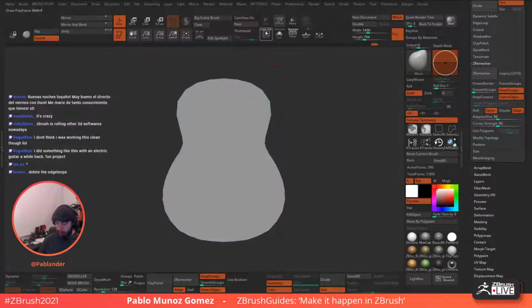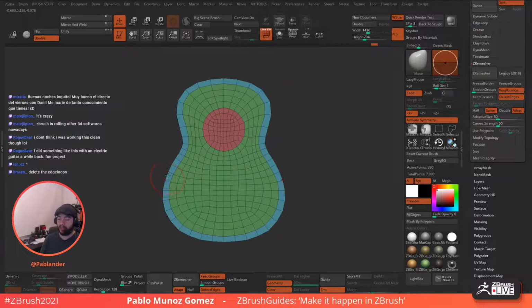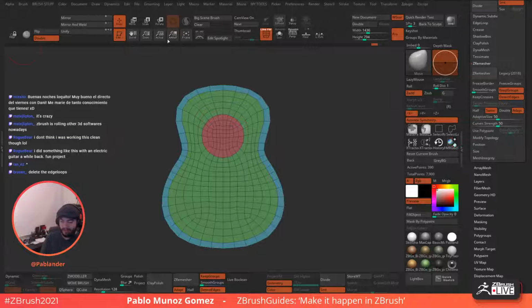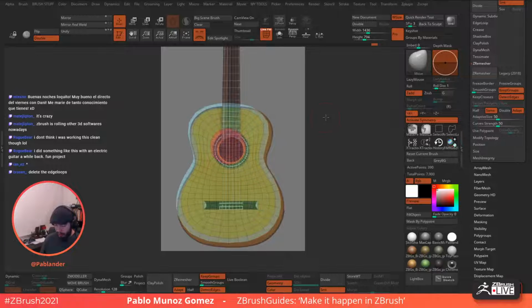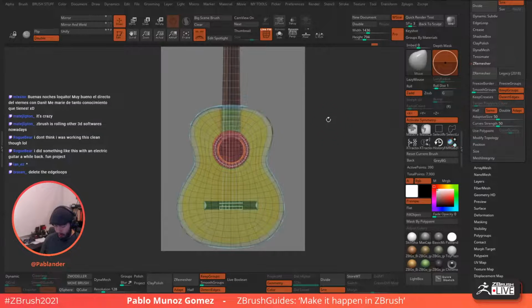So now we have that. And I can remember we started with a ZSphere, right? So I'm gonna just go back to the silhouette. Oh, it's looking pretty good. There's not much that I need to change. Yeah, that's actually not too bad. All right, so